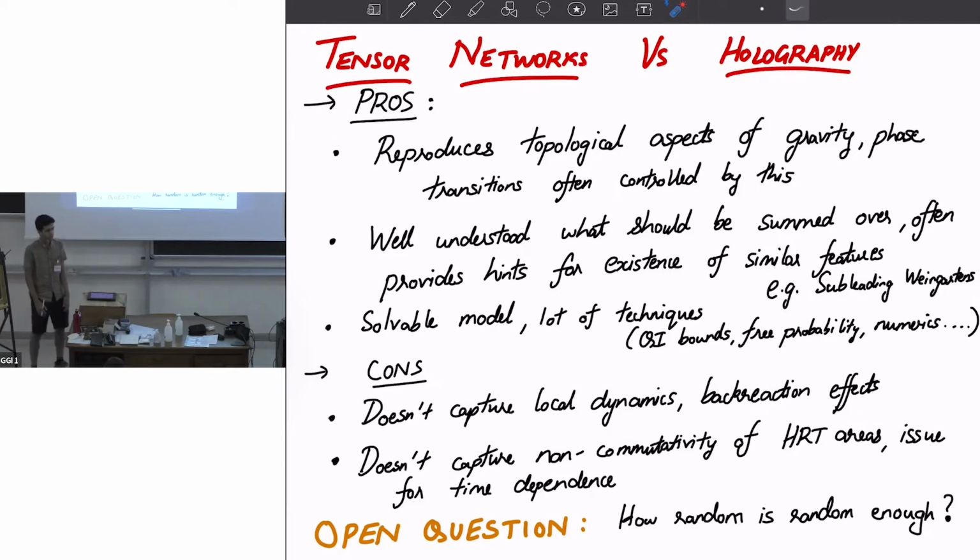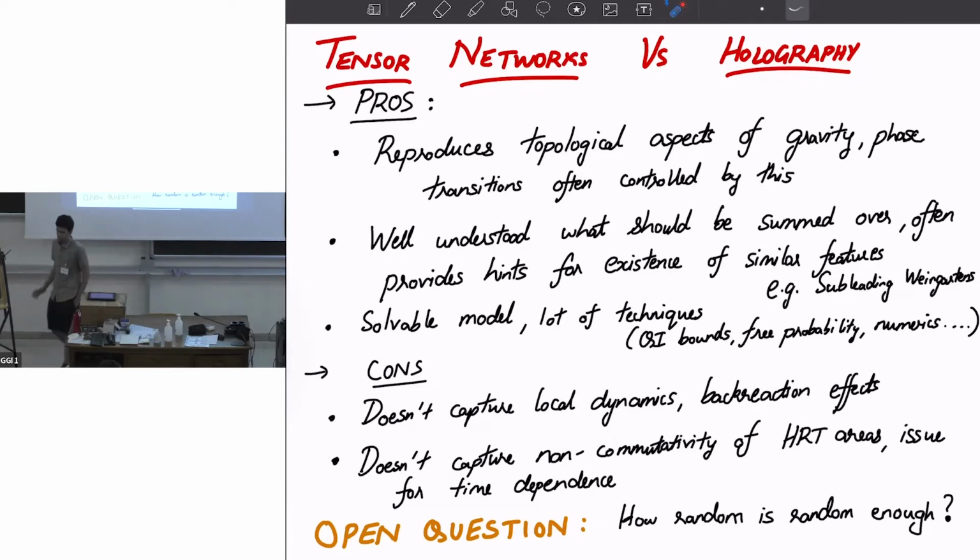For example, a nice example of this is the subleading Weingartens by Douglas Stanford and collaborators, which is a very trivial calculation from the perspective of the random unitaries, but in gravity, it's a pretty non-trivial calculation which tells us about chaos and so on. It's something that you would not have thought of finding, but once you look at the calculation with random unitaries and trust it fully, you look for it in gravity and you find it. And there are many other examples of this.